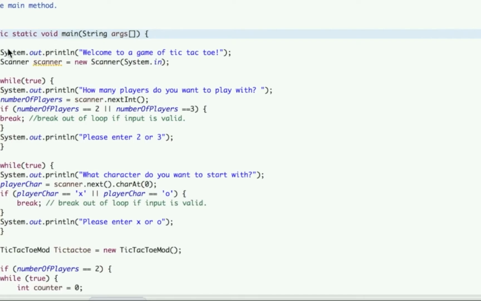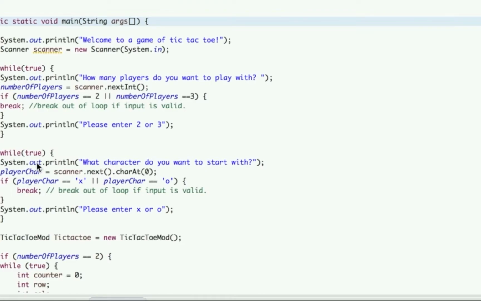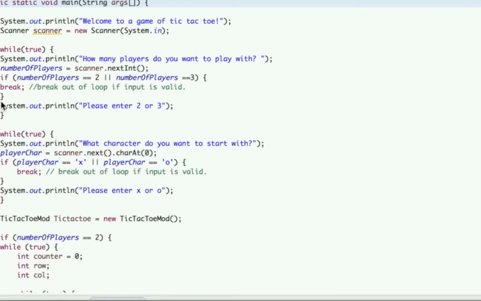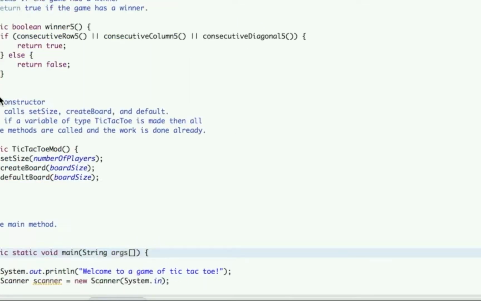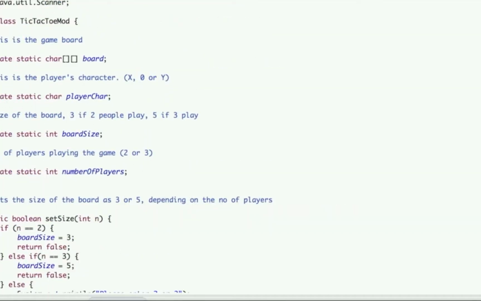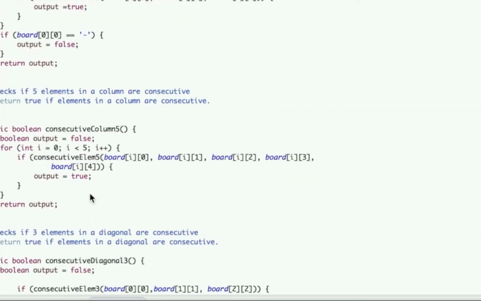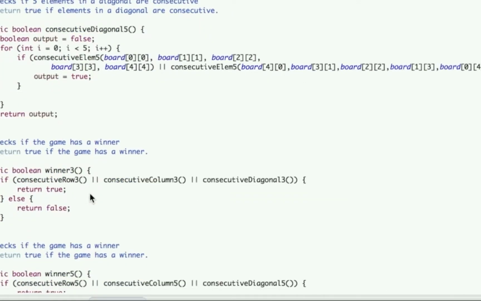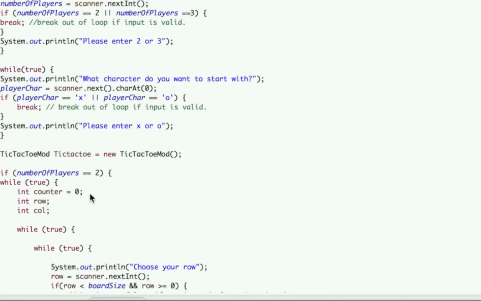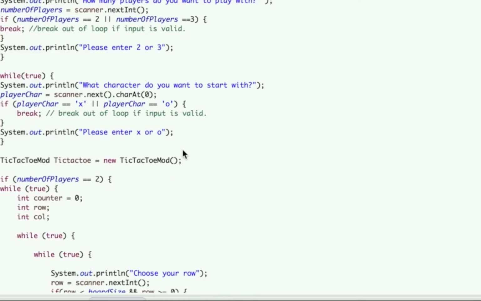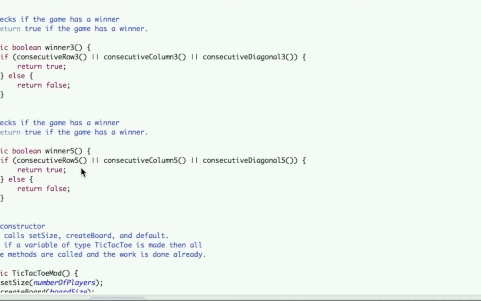In the main function, we start with a basic user interface by printing welcome and instructions. We used a while true loop to take care of invalid user inputs. We then store all the input variables in private static variables we declared in the beginning of the class. With all these variables in place, we now call the constructor that will set the size of the board to 3 by 3 or 5 by 5 depending on what the user wants, and then create the board and fill it up